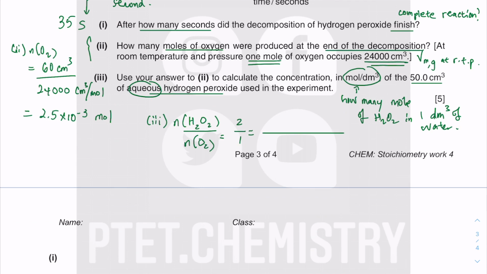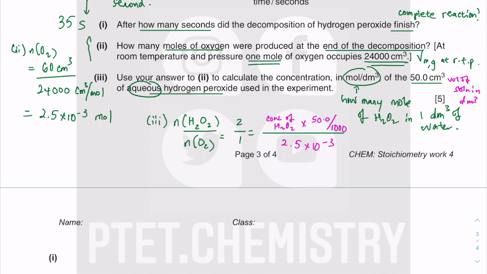From the top, I have solution. This is called solution. It's the next part of the topic. When you have mole per dm³, you multiply by the volume of solution in dm³. Concentration in mole per dm³ times dm³ is going to give you mole of the solution. So you have the concentration of H2O2 in mole per dm³ times 50.0 over 1000. This is dm³ now because I divide by 1000, times mole per dm³ will give me the actual mole of H2O2 that reacted. This is the actual mole of O2 that gets produced, so that's 2.5 times 10 to the